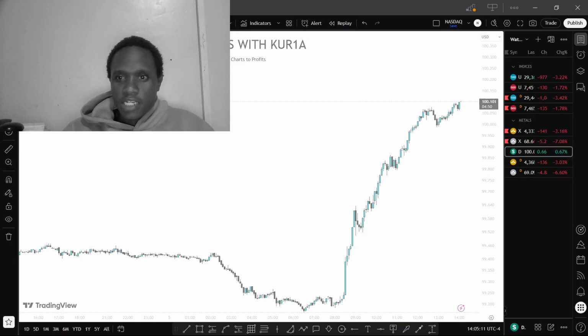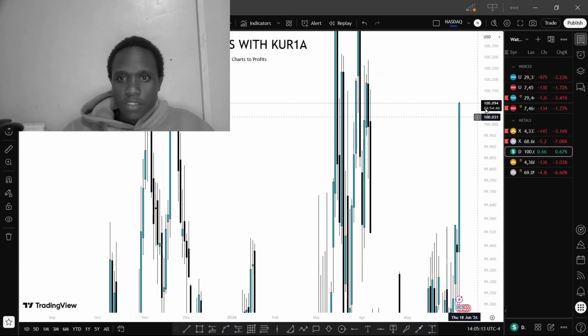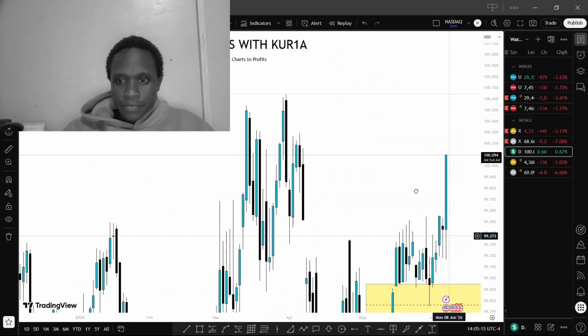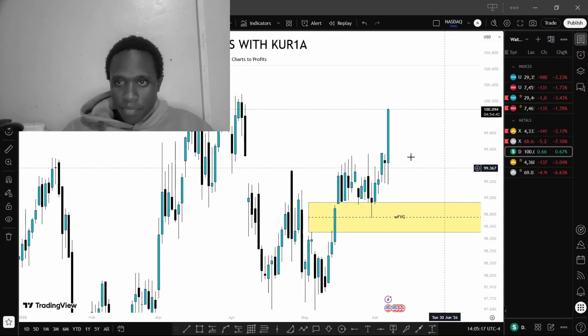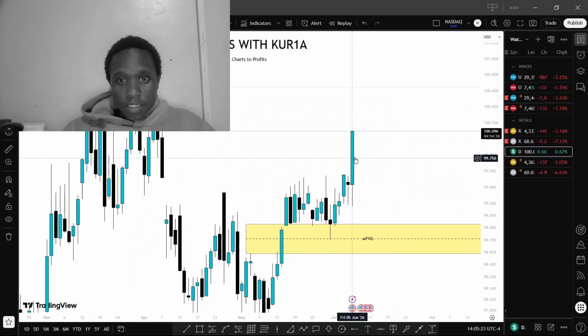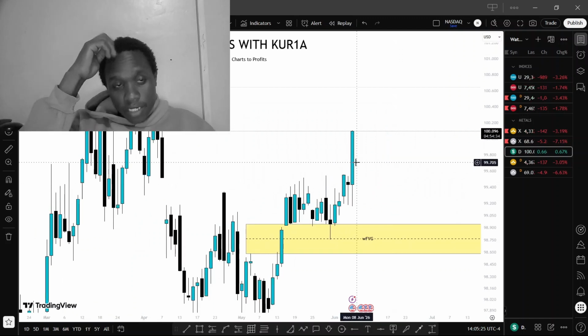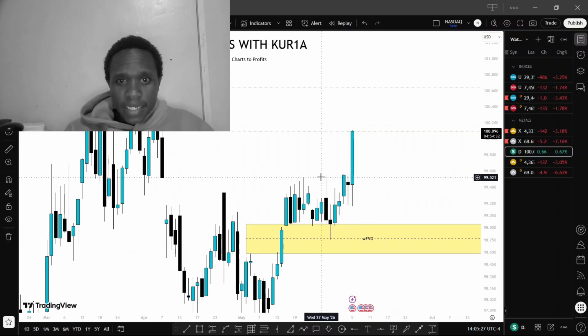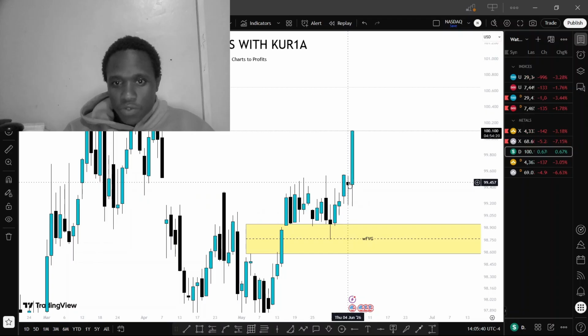On the daily chart, this is what we actually had. Remember, as I am doing this trade breakdown, it has already played out, but it had not played out as it has right now. What we had earlier in the morning was these two highs right here. We had this and we had this Wednesday high that had closed right there. And then yesterday, on Thursday, which was a pre-NFP day,